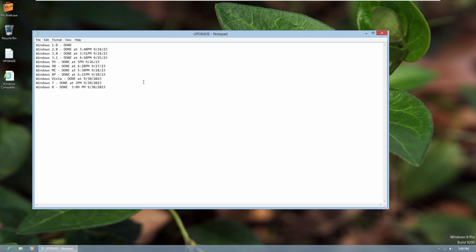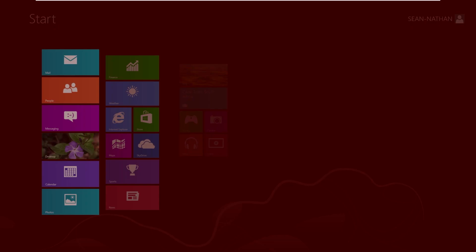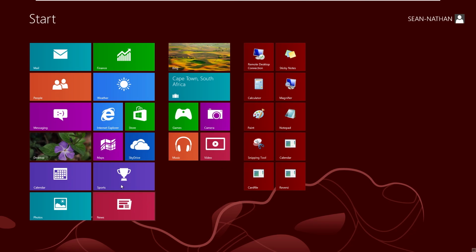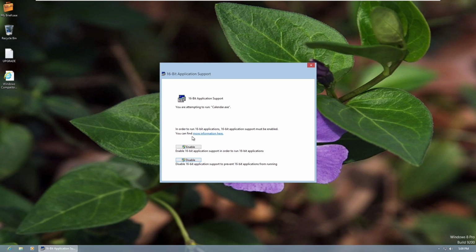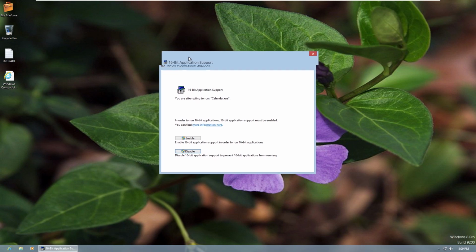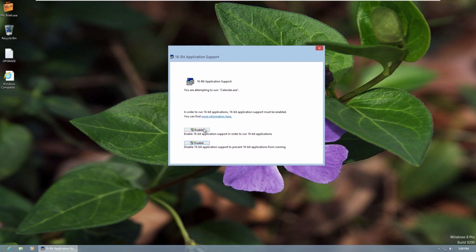We made a long way to go until we're on the latest Windows, but we haven't shown the date in 1.0, but it's okay. So let's see some applications that have been kept. So we kept the card file, the calendar application is pinned in the start menu, and actually shows here this is 16-bit application support. So we can click enable,